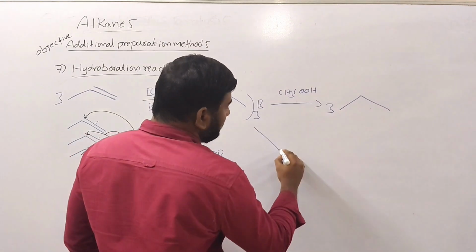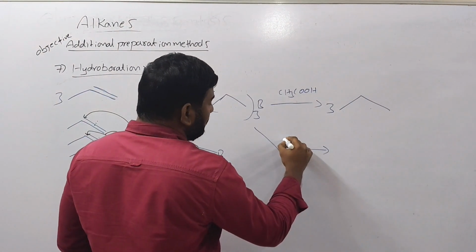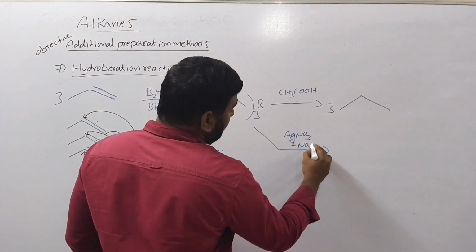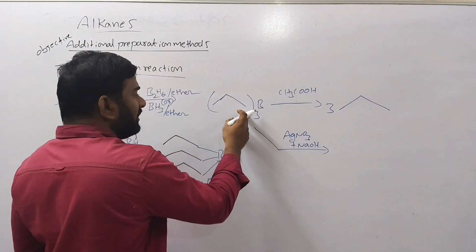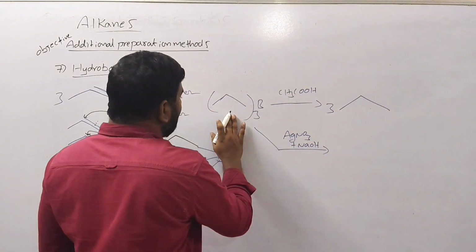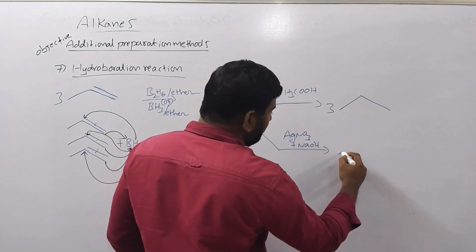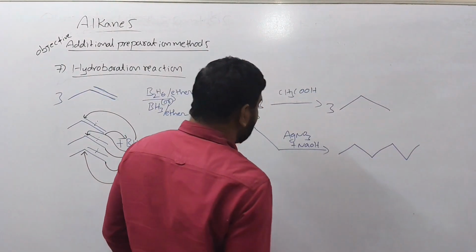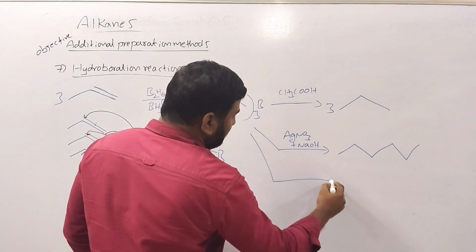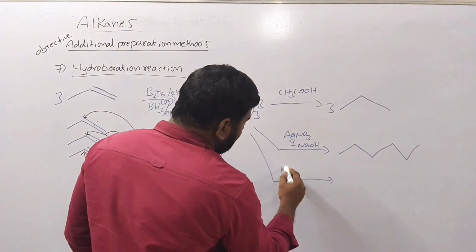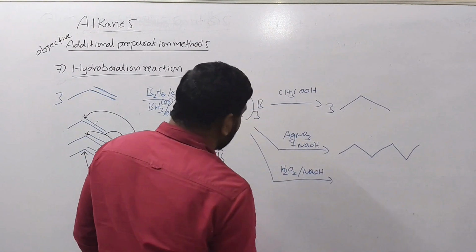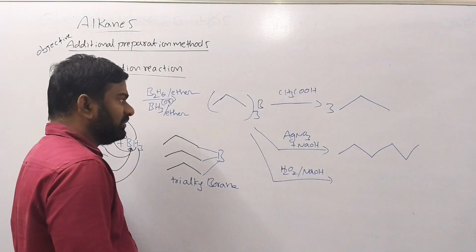Similarly, this compound reacts with AgNO3 and NaOH. How many carbons does the alkyl group contain? Its dimer will come. Here a 3 carbon alkyl group means its dimer, a 6 carbon alkane, will be obtained. Next, trialkyl borane on oxidation with H2O2, hydrogen peroxide, in the presence of base.